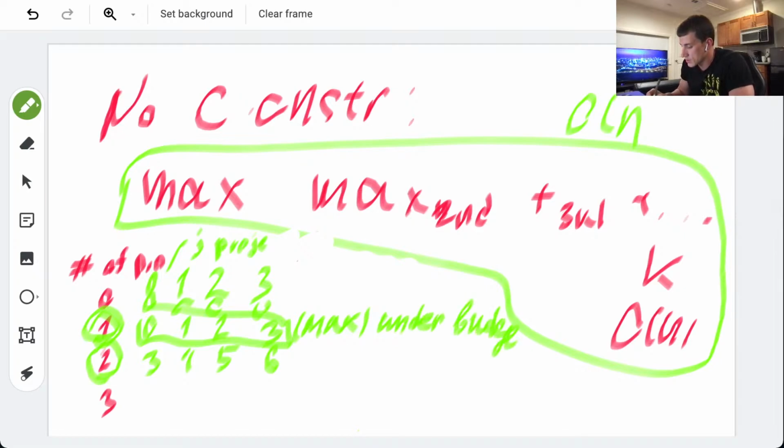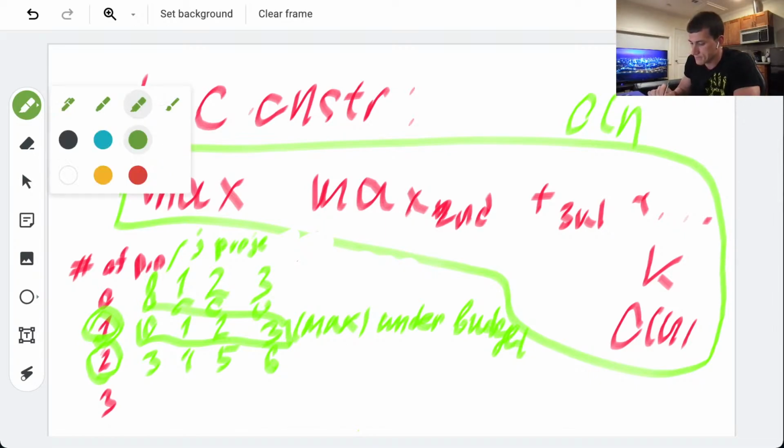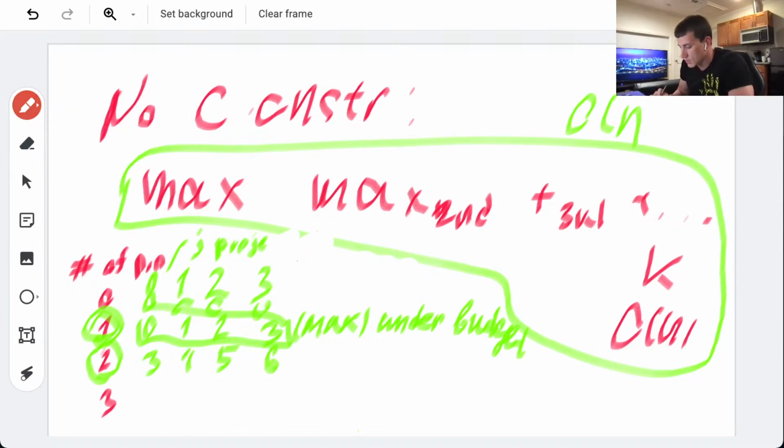Right? So in this case, the only thing that fits is 1. So here is nothing. Here the maximum under budget will be equal to 1. And this is obviously just numbers. So in this case, the 2 will be what?